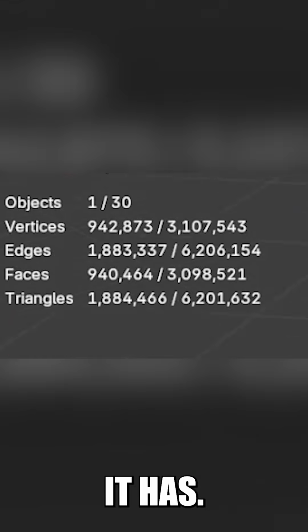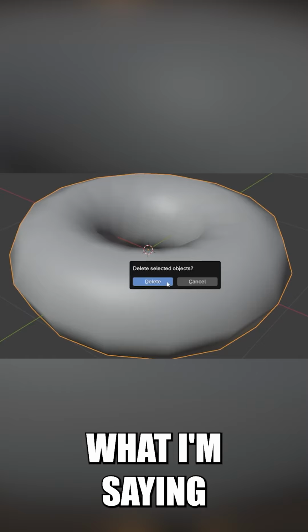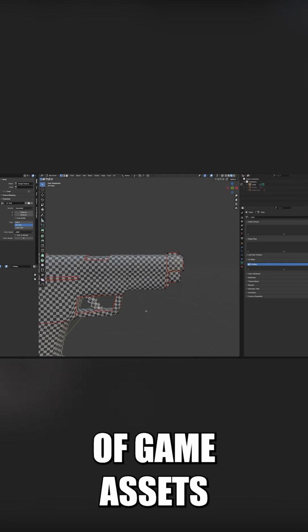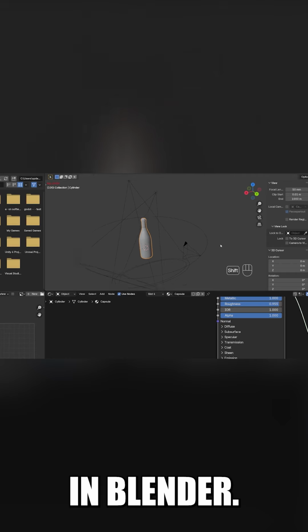Look at how many faces it has. It's almost as many polygons as the mustache of Snake in Metal Gear Solid 4. What I'm saying is that you might want to skip the donut tutorial. Go straight to learning the fundamentals of game assets where every polygon matters, and don't waste your time with features that you don't need in Blender. The best advice I got about Blender for game dev is to get your